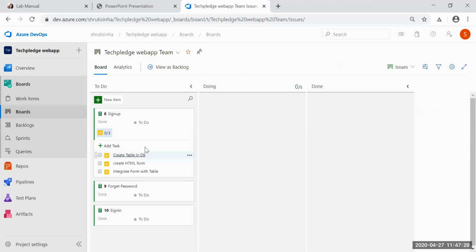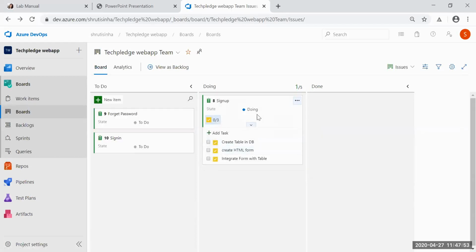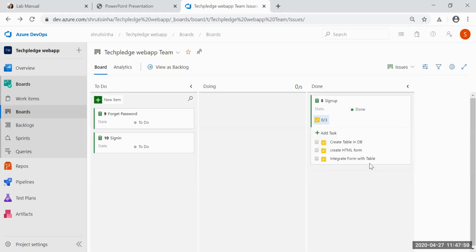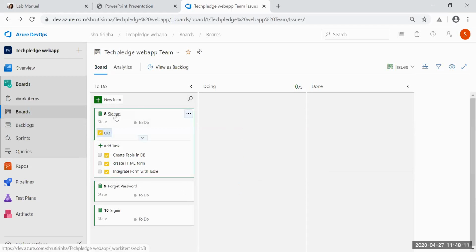So let's see. Have a look at the top of the columns. What are the labels? To do, Doing, and Done. Right now all my tasks are showing under To do. Now you keep moving them to Doing or Done. Simple. Yes, it changed. So it's a status change. Now it is done. Move it to Done. So I have this option to manage my entire project, and I can move it back also.